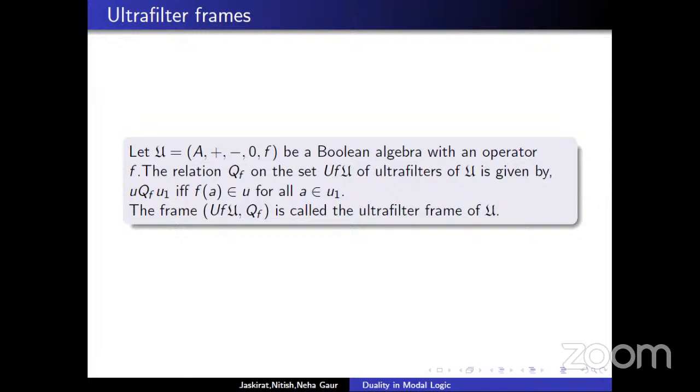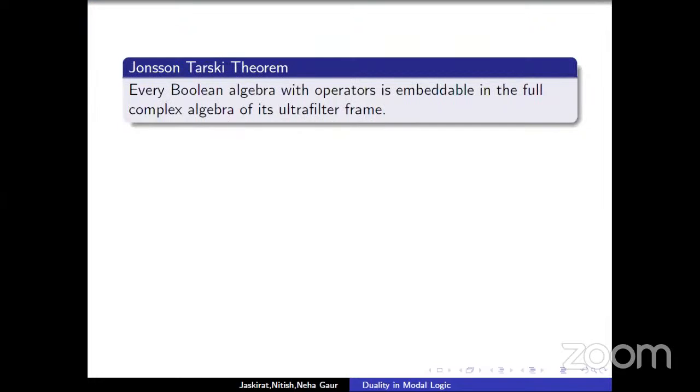There is an alternate way to define such a relation, which is defined as U Q_f U1 if and only if negation of f of negation of a is in U, which will imply a must be in U1. I have given this definition because I'm going to use it in a very important theorem, the Jónsson-Tarski theorem. This says every Boolean algebra